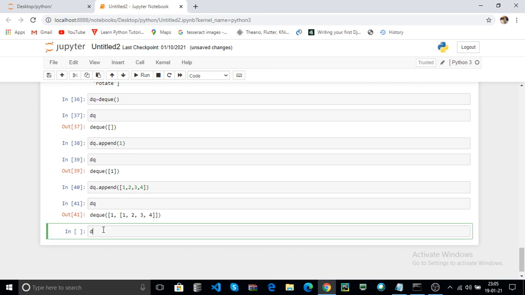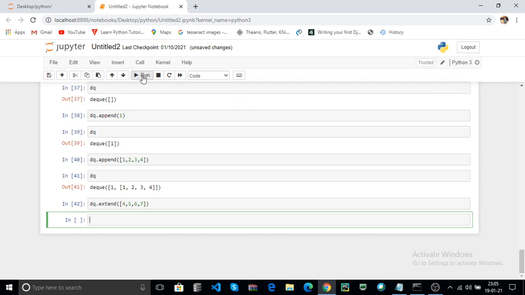You can use the extend, dq dot extend. Here you can pass, for example, 4 5 6 7. The extend is used when the list items are iterable and every item is appended to the end of your list, not a list appended.